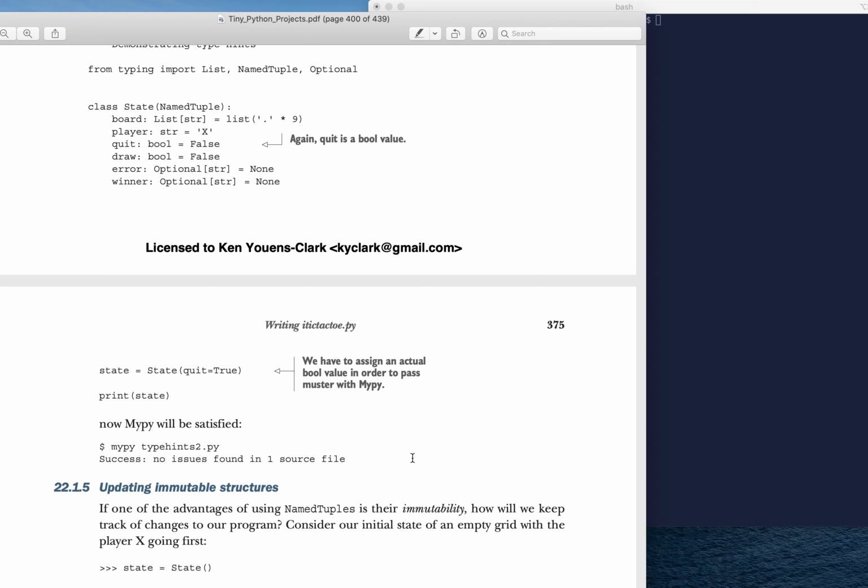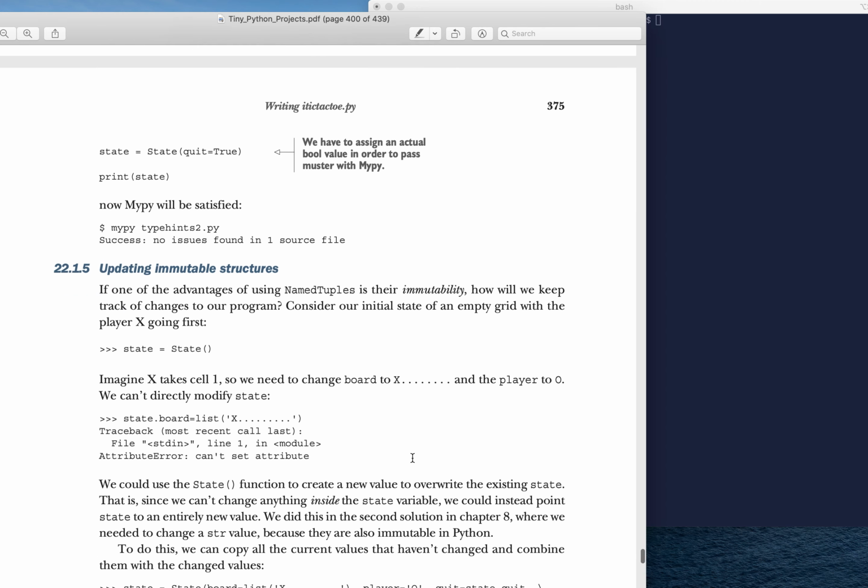But MyPy can find a lot of problems, and it can really help you to ascertain if your program is actually correct. So that's one of the things that we're getting by using this kind of complicated data structure with all these type hints: we can use MyPy to see if we're making silly mistakes.